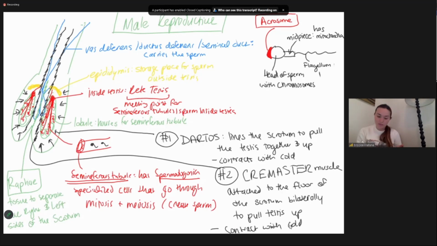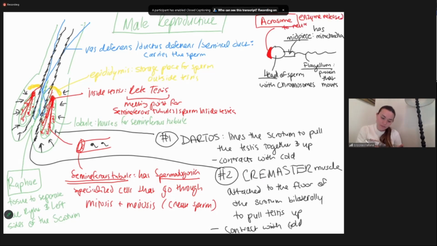So this is the protein that moves to basically propel that sperm inside of the semen, right? So midpiece, flagellum, and head of the sperm are kind of the 3 parts. And then acrosome is the enzyme released